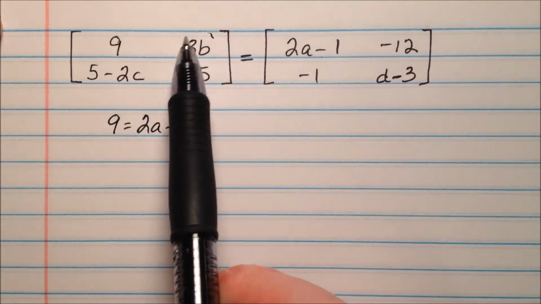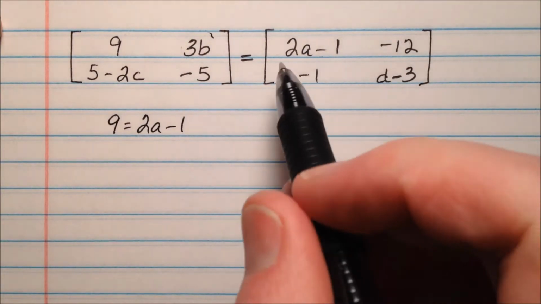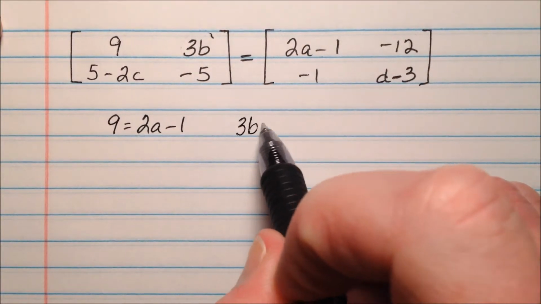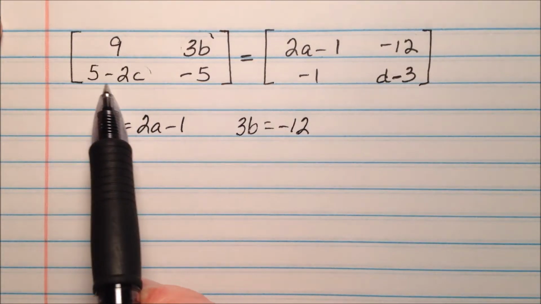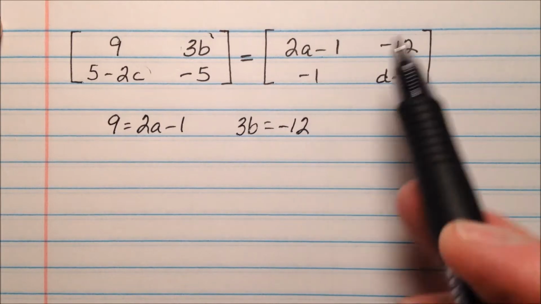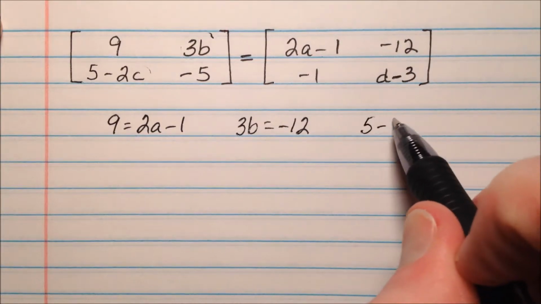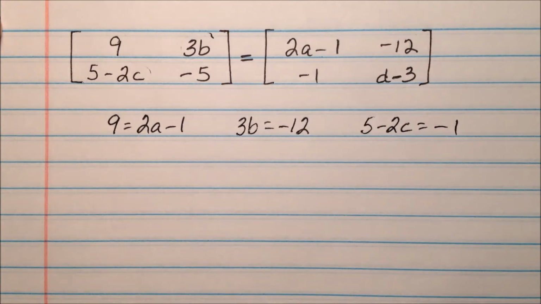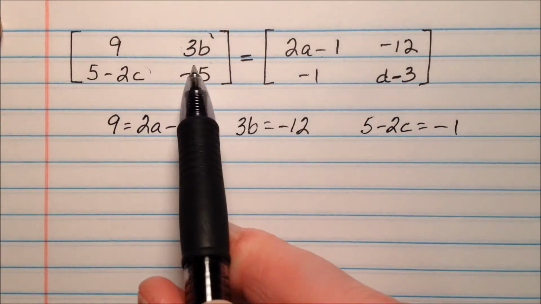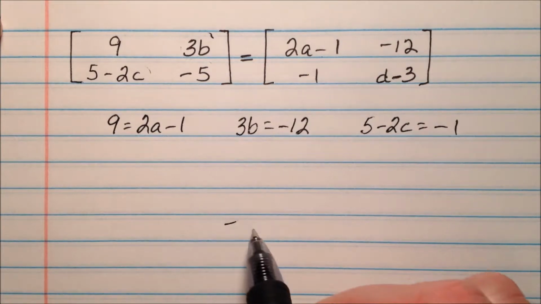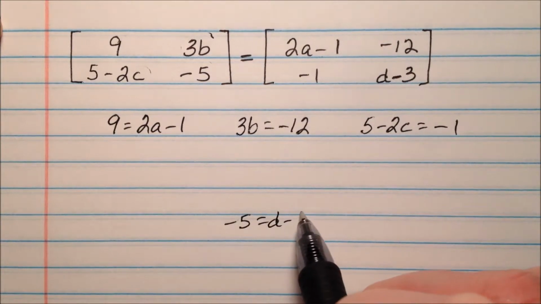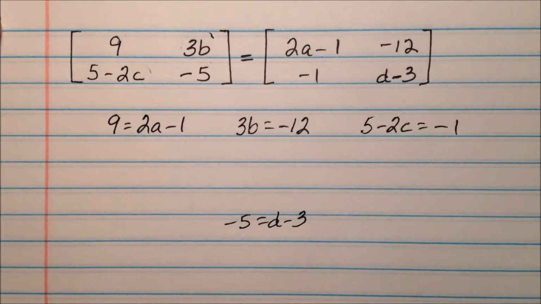I also know that 3B is equal to negative 12. I know that 5 minus 2C is equivalent to negative 1. And I also know that negative 5 is equivalent to D minus 3. So I can go about solving all four of these equations independently, and I can find values for A, B,